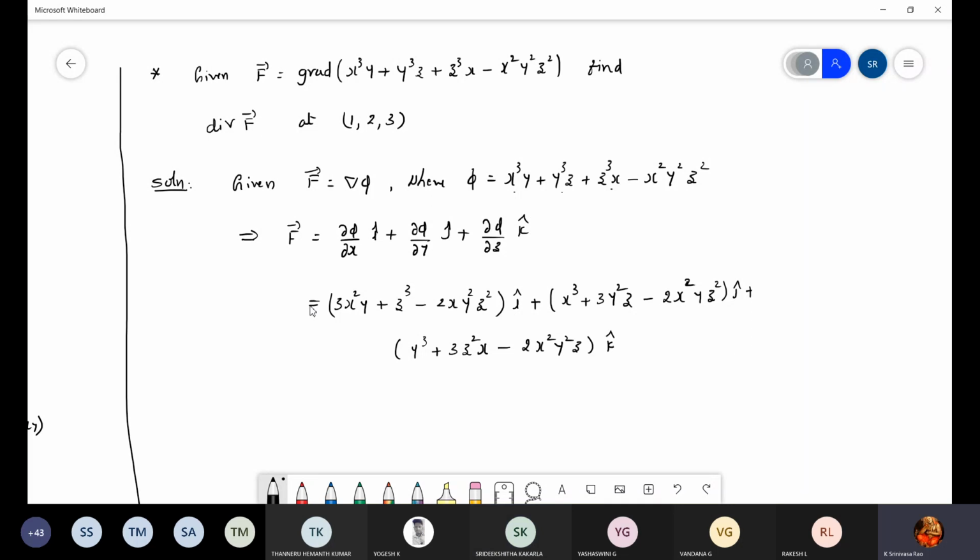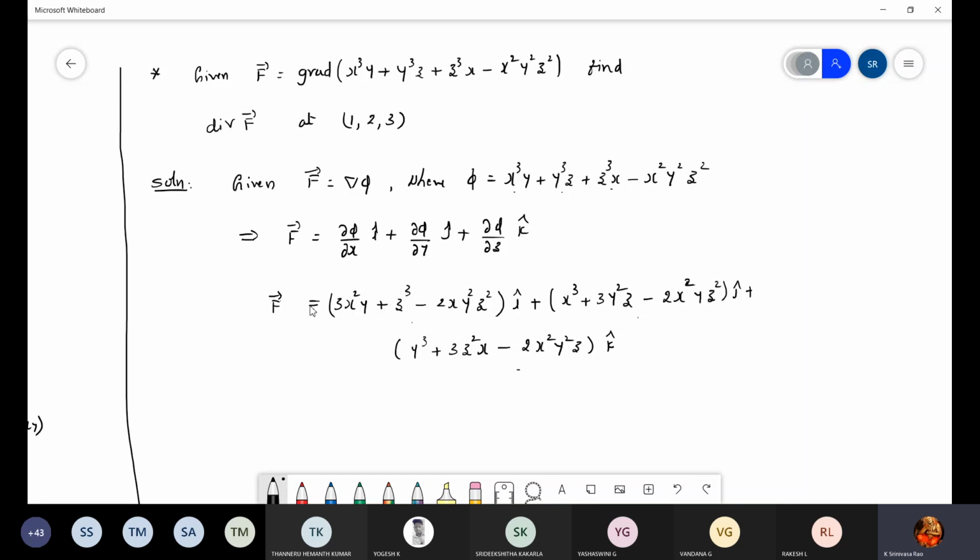Yes, so this is as usual f1, f2 and f3. Okay, so that you denote. Next, this is f. So if this is a problem for 6 marks, you have to calculate only f and divergent, meaning 3 marks to calculate f and 3 marks to divergent. If they ask curl also, then it becomes 2, 2, 2. Or if it is 7 marks, 2, 2, 3, like that.